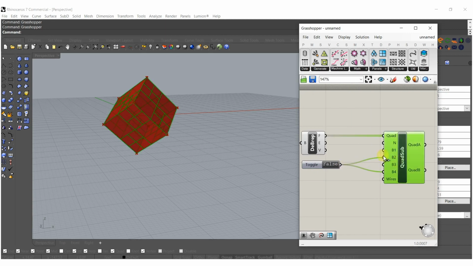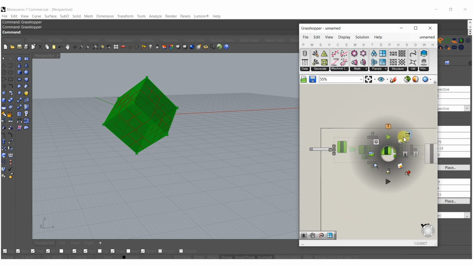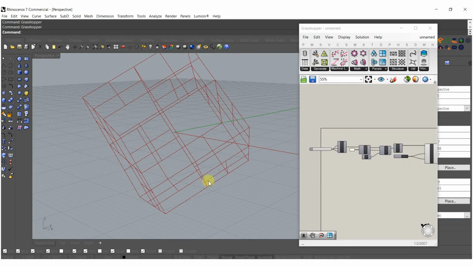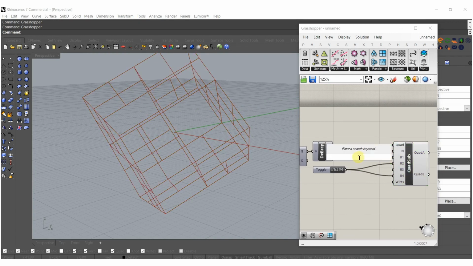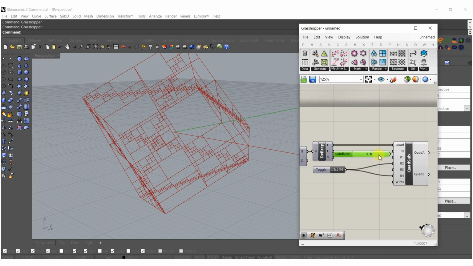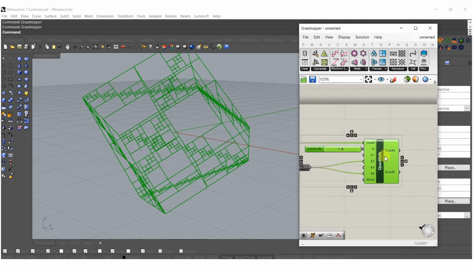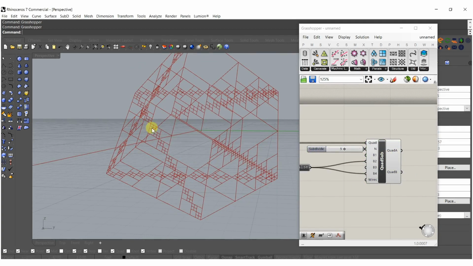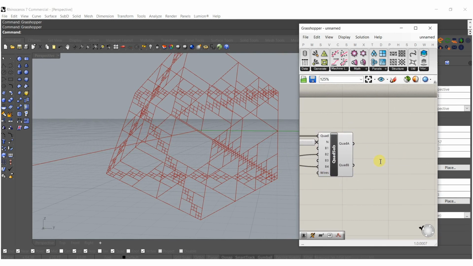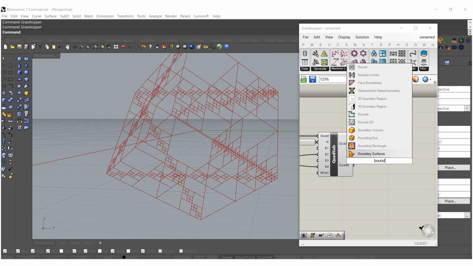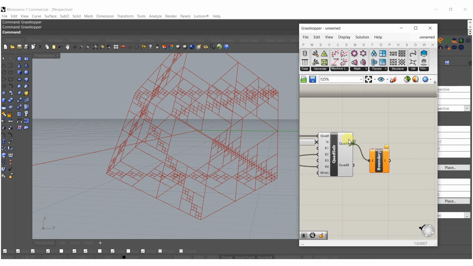Okay, and then if we hide everything, basically you will have these just odd subdivisions happening. And what we're going to do is bump up the number. So I'll just type in 5 for now, because it's going to get kind of complicated a little later, I think, here, if everything goes correctly. Okay, and then from here, what I'm going to do is type in boundary surfaces. We'll just plug in the quad A, quad B,